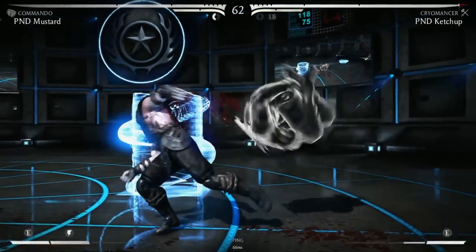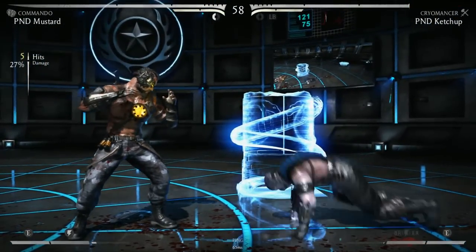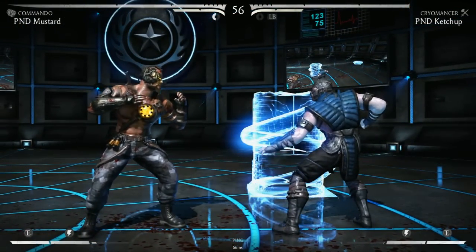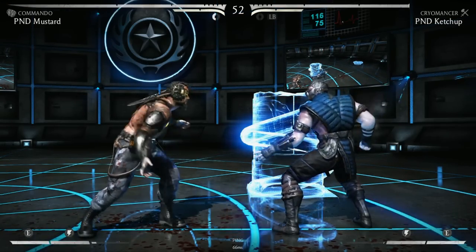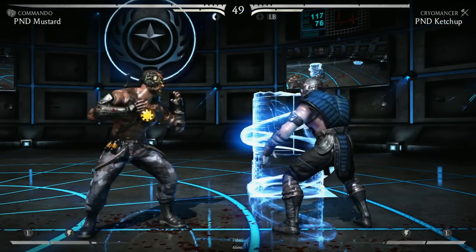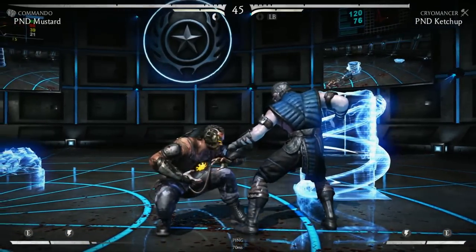So I can go armored ball, 2-2, grab, 1 bar, 27% off just the ball itself, which is respectable damage for an armored attack. It's very quick, very good wake up, very good counter poke, but also gives you really good standing punish damage. For example, if I block a slide,